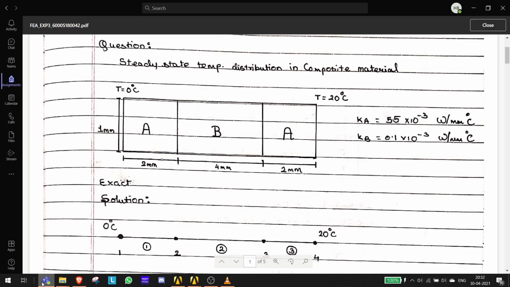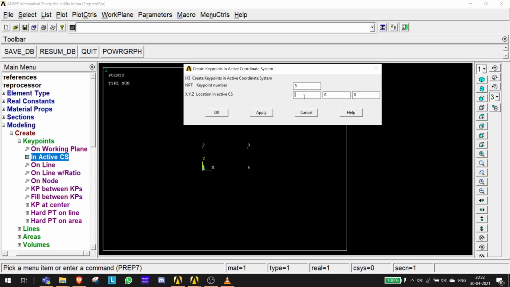Now here in this case, after 2 it goes to 6, so the x component will change to 6, and the y component remains 0 itself. The y component will be 1 for the 6th point. Then it again changes, plus 2 mm. So this time this will be 8, and this will be the 7th key point, and it will come here somewhere. So I click on apply. See, it's here. And now the last or 8th key point will have the x component 8, and the y component will be 0. I'll click on apply.